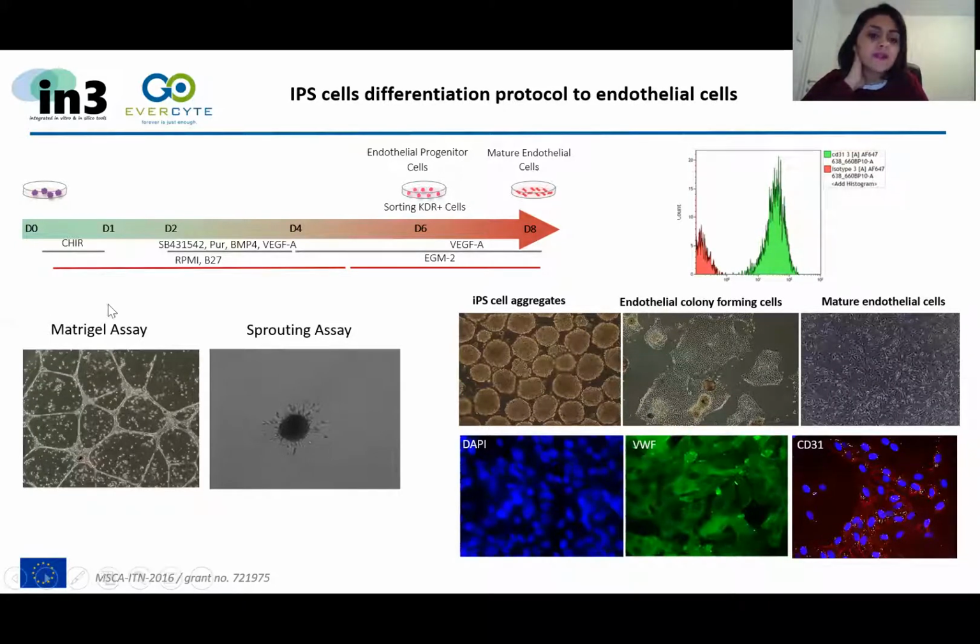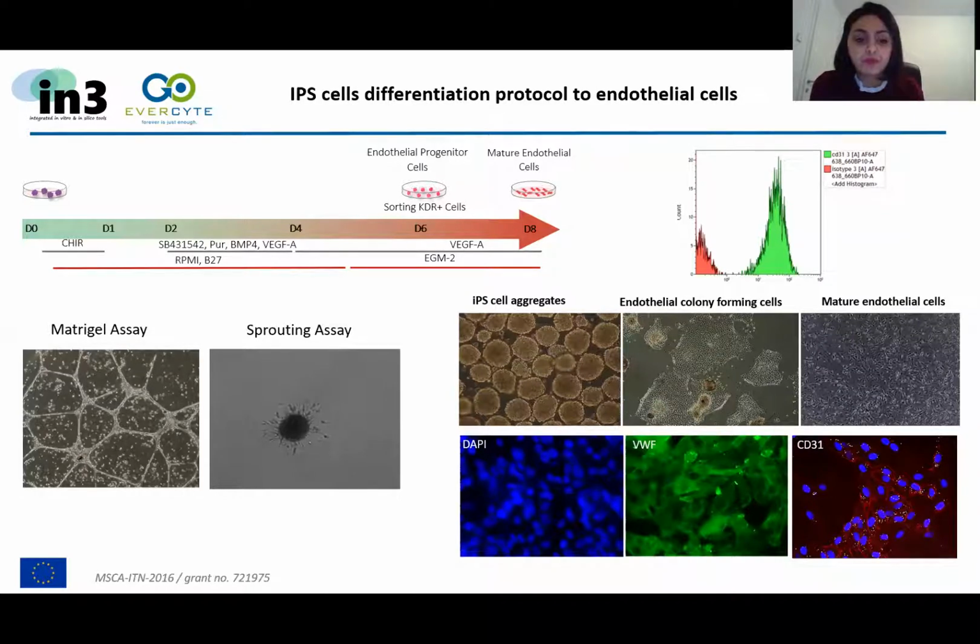As you can see in the left part, we have a Matrigel assay, and we did a sprouting assay for them to show that these endothelial cells are also functional. So the Matrigel assay is showing that endothelial cells start to migrate and form some tubes in the plate, and a sprouting assay is a semi-3D assay which was developed in